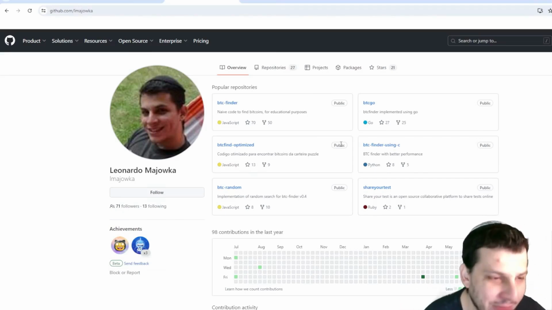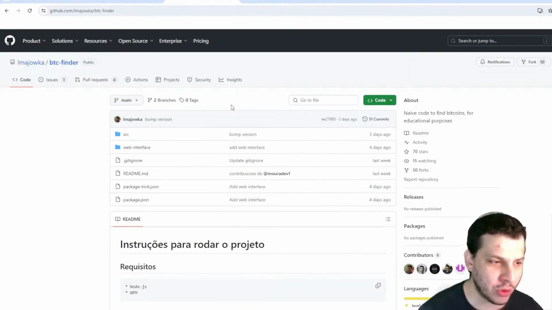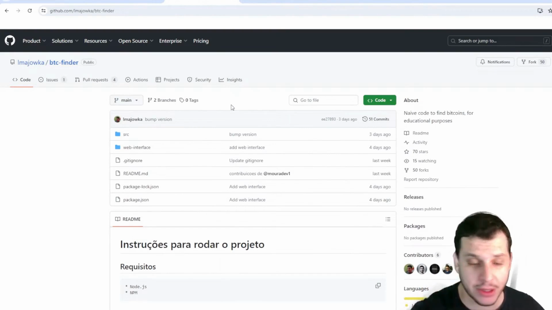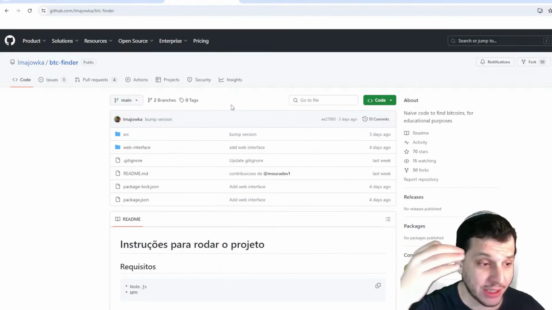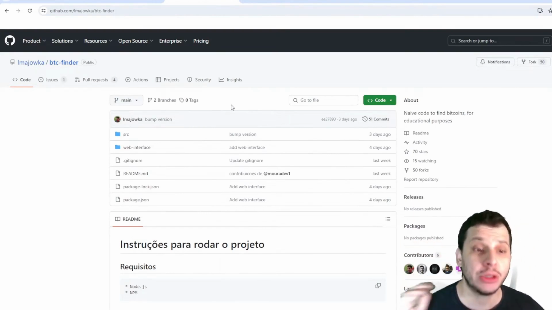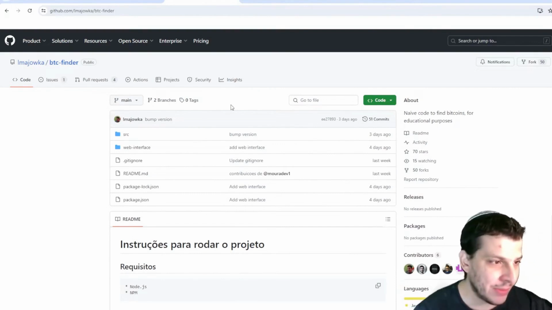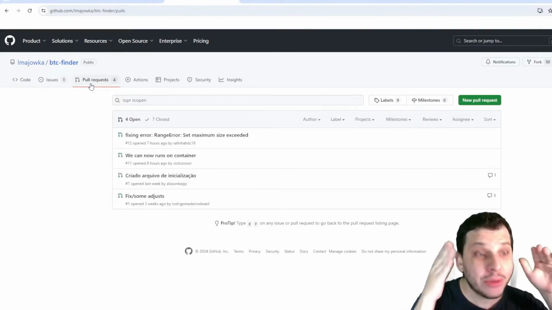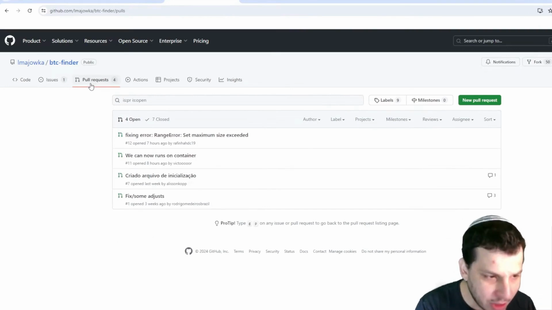Here on our GitHub, we have a variety of codes. There's code in JavaScript, there's code in Go. All the codes are pretty simple for you to understand. In addition to being explained line by line in the videos, we have a Facebook group where people comment and make pull requests. Everyone here is keeping an eye on this code, so we're sure that this code isn't shady